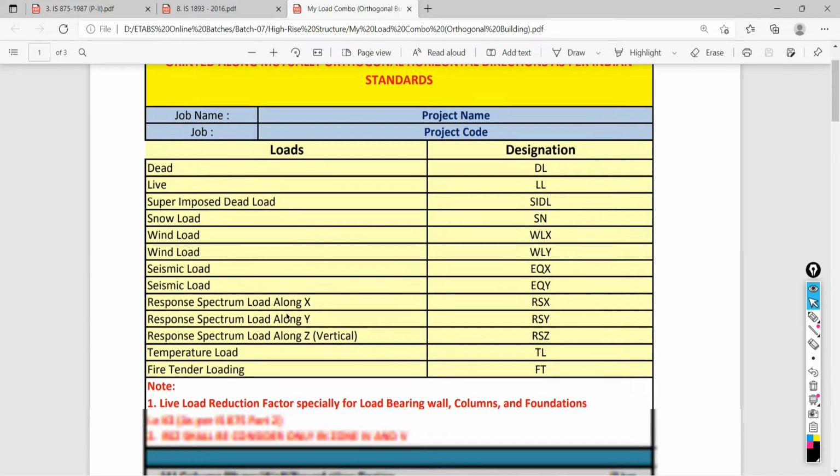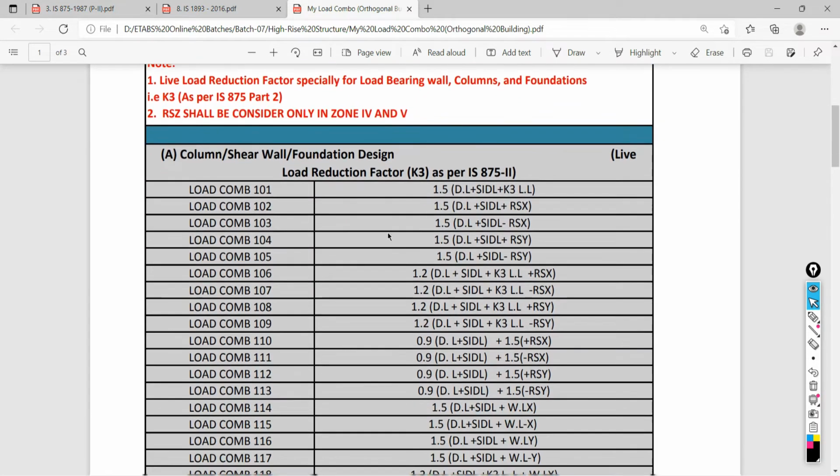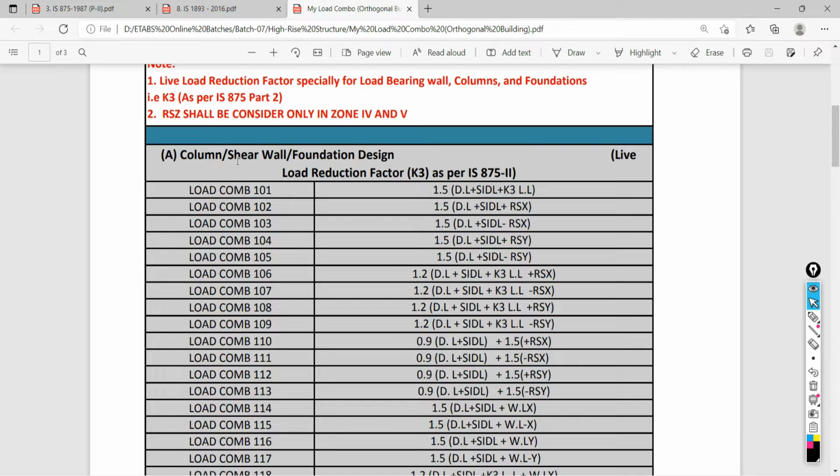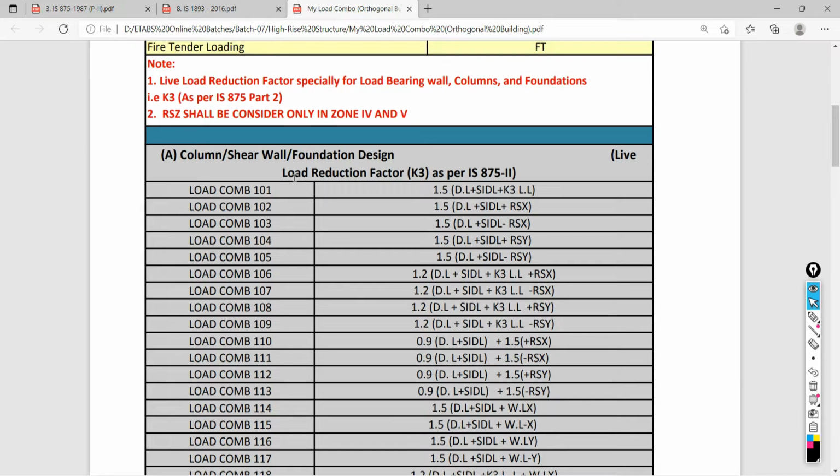Column, shear wall and foundation. We saw the live load reduction. Where is live load reduction applicable? Have you remembered? Yes, sir. Only for vertical elements, in addition to foundation. Vertical elements will include, just to remember,